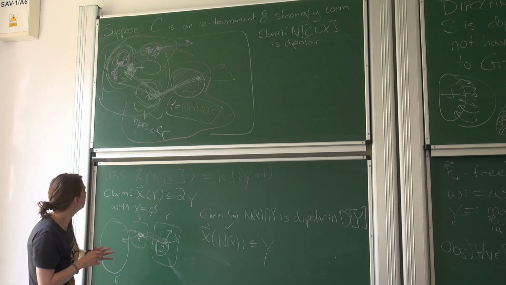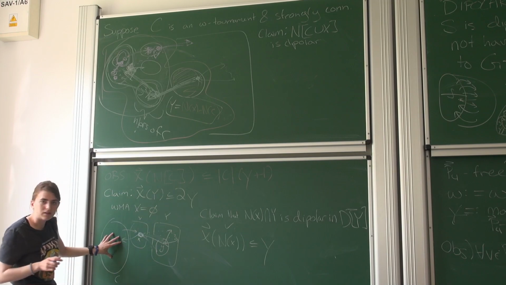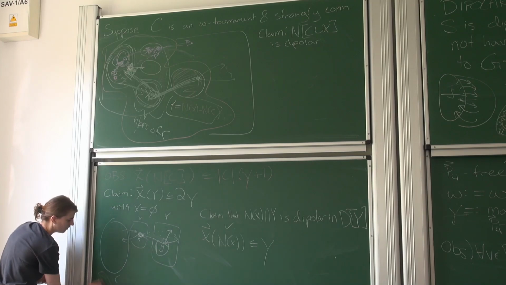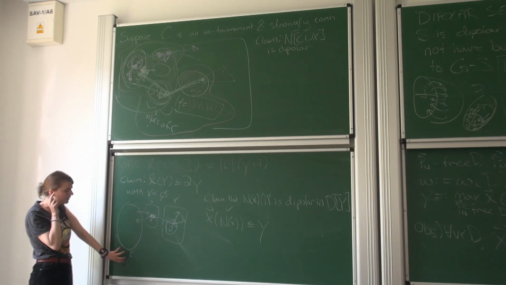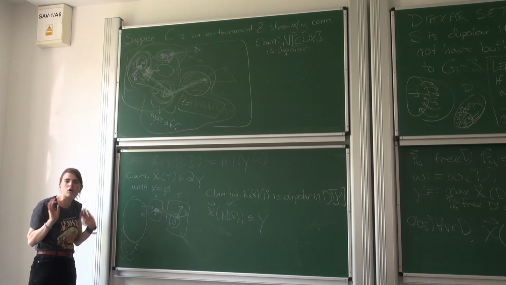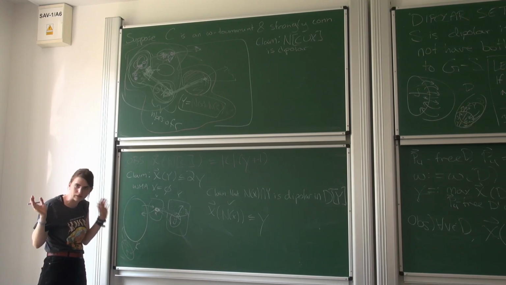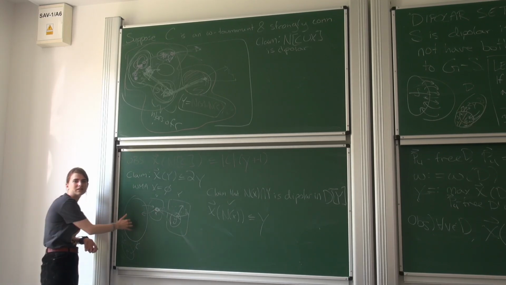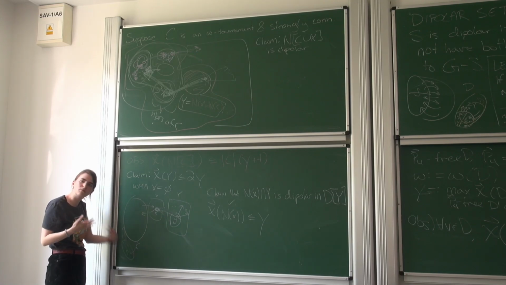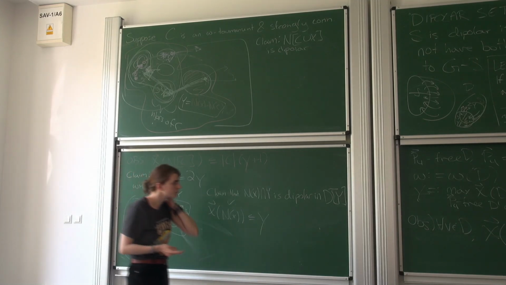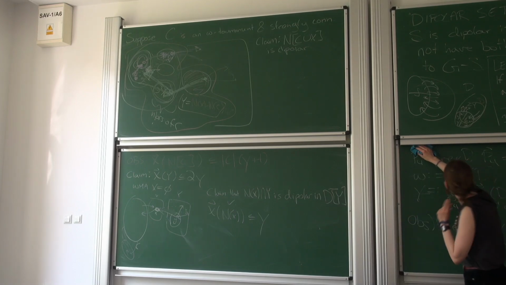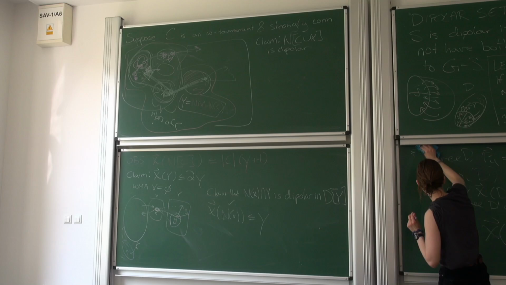But we have much more work to do because we don't know. Here we kind of knew that the size of C is bounded, but if we have C plus some extra vertices to make it strongly connected, we have no control over this being any fixed constant amount of vertices. It could be arbitrarily large, so we can't just say like, okay, we take the neighbors of everything. We need to be a bit more clever, and that's like the bulk of the difficulty of the proof. So to write some things down,